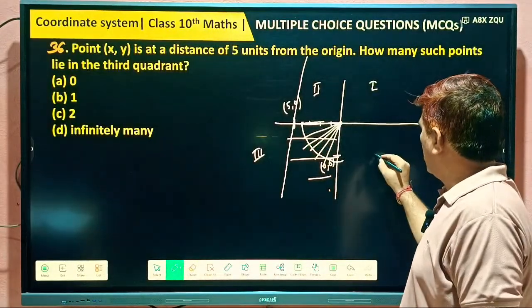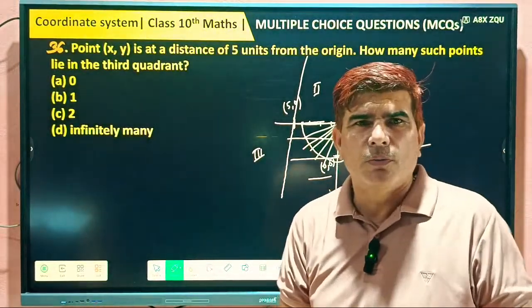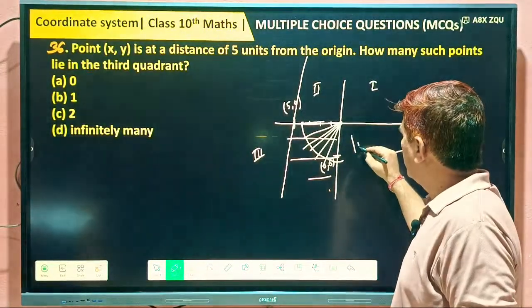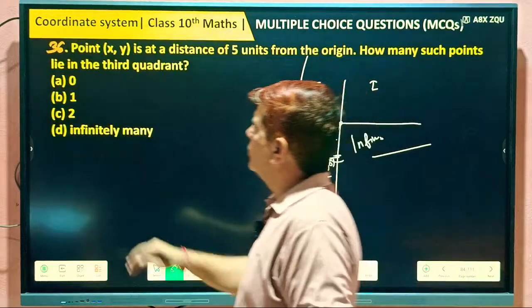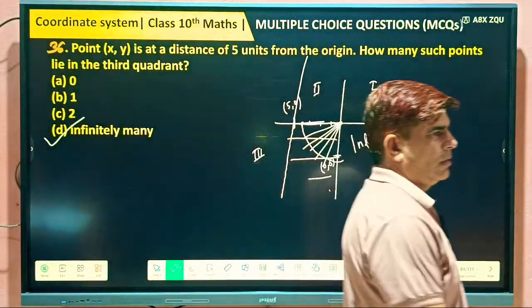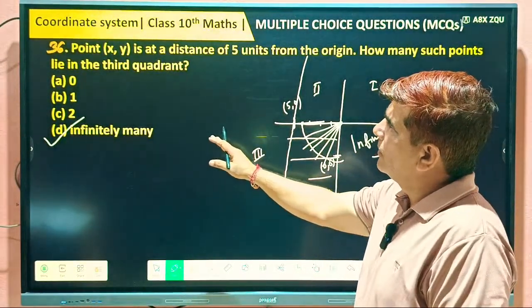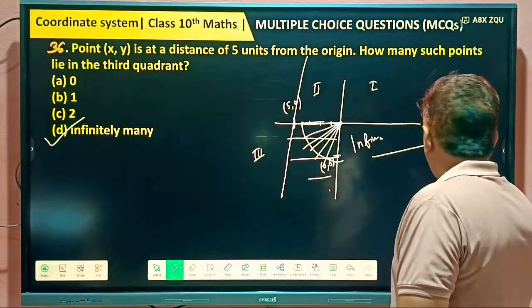And you know a line segment is formed by the infinite number of points. So in this, how many points lying? Infinite many. Infinite many meaning which you cannot count. So what's your answer? This is your answer. If this type of question comes directly, you can say infinite many. Understood? Next,